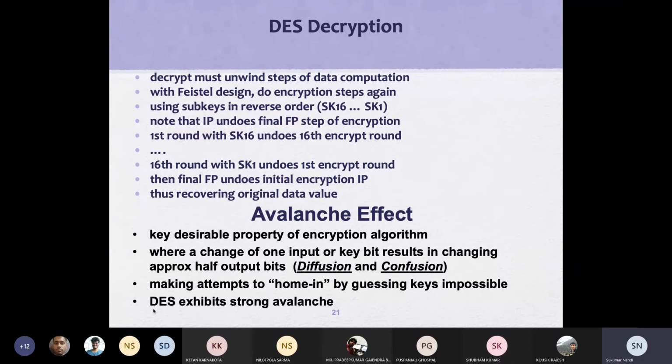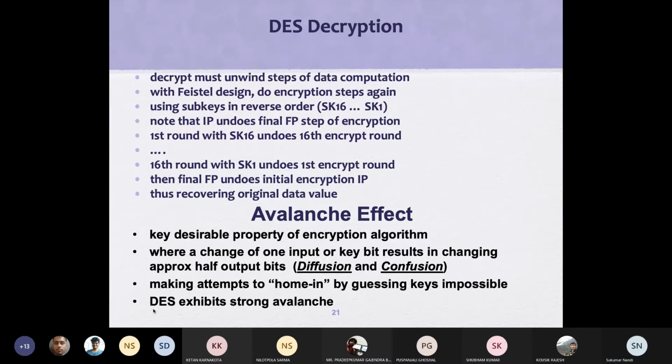Now we are talking about the new terminology called avalanche effect, which we discussed in the last class, the diffusion and confusion. Basically, a key desirable property of an encryption algorithm is the avalanche effect, where a change in one input or key bit changes approximately half the output bits, due to diffusion and confusion.